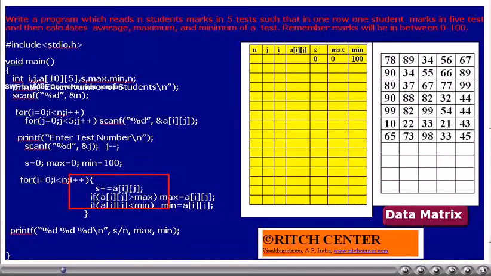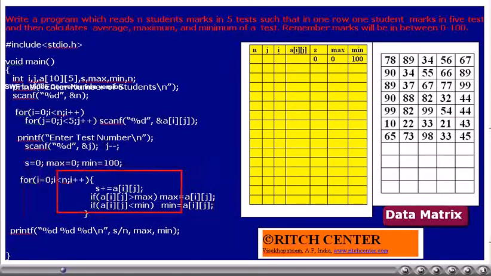The initial value for s will be 0, max will be 0, and min will be 100. The for loop is written such that it will run n times, as we have n students.